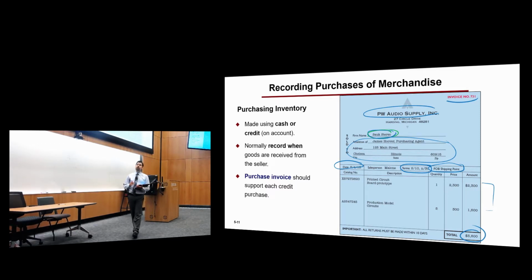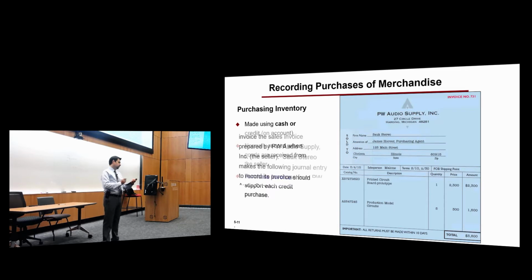So basically, this is why companies now try to include as much information as possible. They don't just include the name of the vendor and the date. They try to include the name of the vendor, the date, the invoice number, and if they have any reference number, they include that. So they try to make it as separate, as distinguishable as possible from any other invoice. Okay? Now all this information is used to prepare the journal entries.